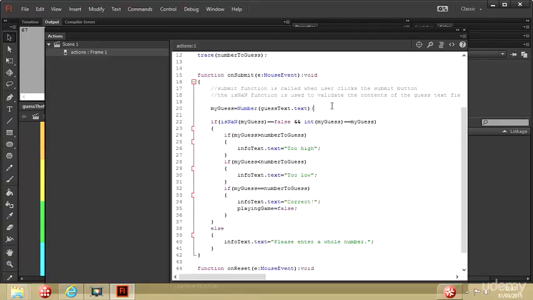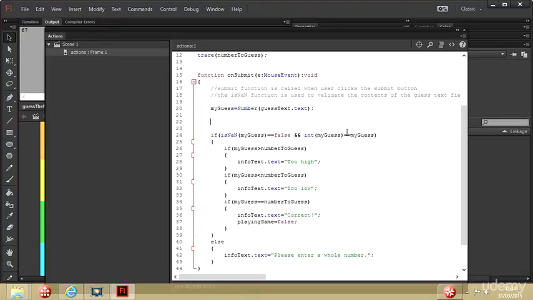But in order to make sure that this is enforced, I'm going to have to test to see if playingGame is true or false before I execute all this code. And so I'm going to have to put in an if statement. If playingGame equals true,